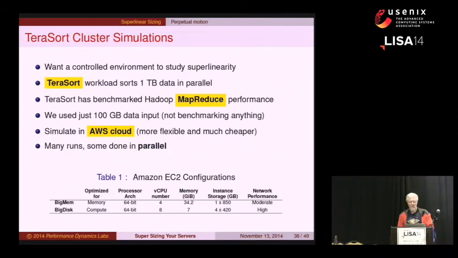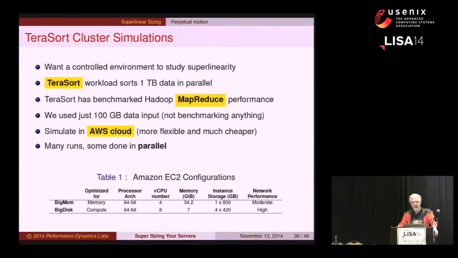So let me give you the background to how we actually generate that data that I just showed you. That was real data, so we have to have a controlled environment. It's a similar idea to JMeter, but we used TeraSort, which is a well-known workload that has been used to benchmark Hadoop MapReduce performance. The idea is basically to sort 1 terabyte of data. We didn't need to do that. We weren't doing benchmarking, and we actually only needed to use 100 gigabytes of data for the input to exhibit